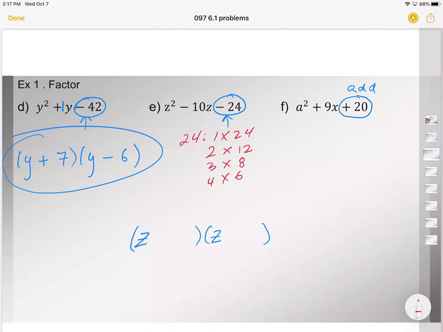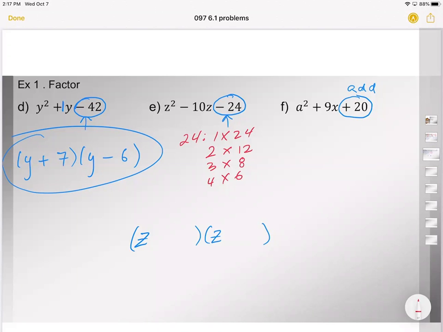we cannot use the 4 and 6. Please do not use 4 and 6. Why? Because we think in terms of subtraction. Yes, I agree with you that 4 plus 6 is 10, and the 10 is in the middle, and that's what we have. But remember, because the 24 is negative, we need one of them to be positive, one